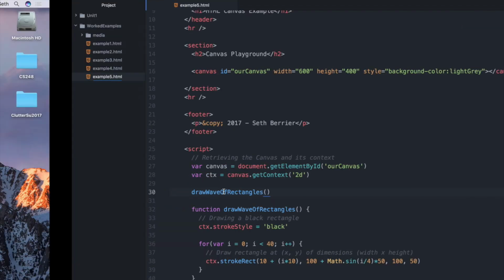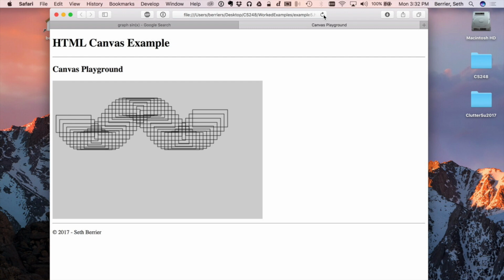Let's save this and go see now. There, our rectangles have come back. So hopefully that all makes sense. We're not trying to do anything particularly complicated here. I just wanted you to think about what's going on and start thinking about functions,